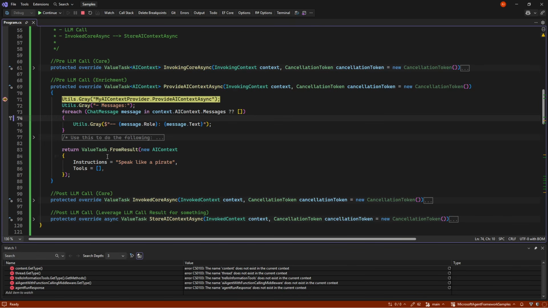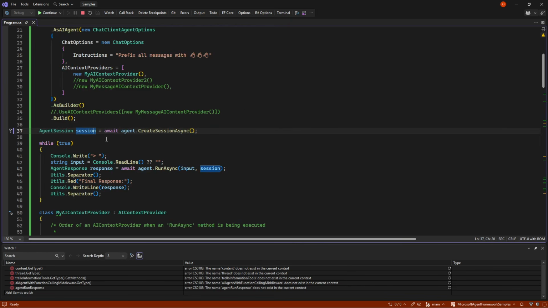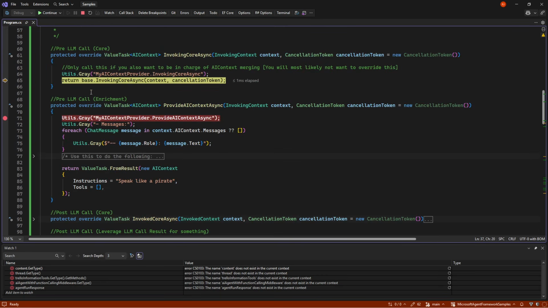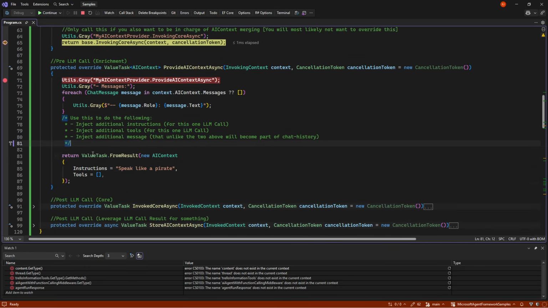So what we can do is go in and inspect this data, of course. That's nothing special here. What we can do here is go in.